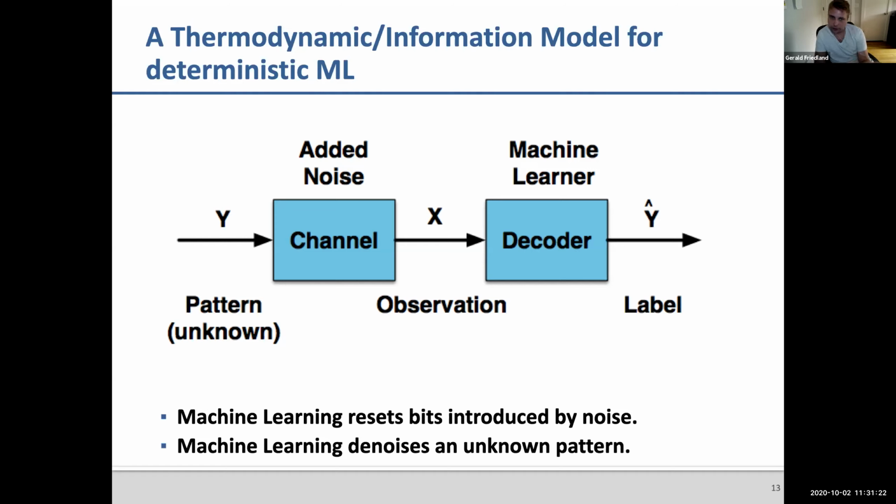That is basically what happens. We have an unknown pattern that goes through a channel, and that creates our observation, right? The channel in this case would be the digital camera. So the only thing we see is the observation X. Now what we want the machine learner to do is to say, it's nice that you have this observation, but I can look at a million cats and dogs, and now I can decode, I can get rid of your channel noise, and I can get back to Y, back to the actual pattern, right?